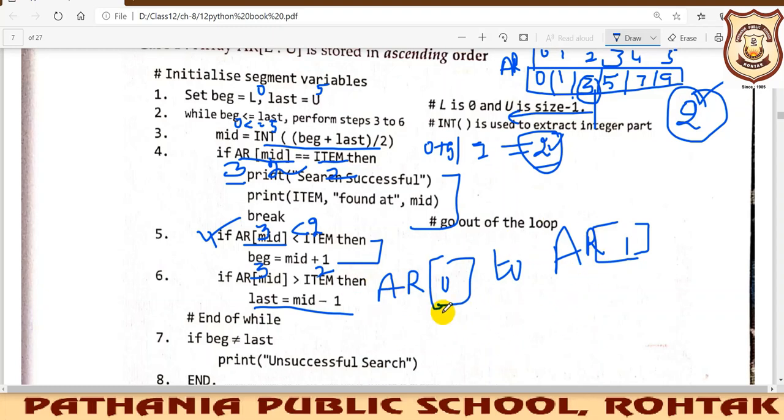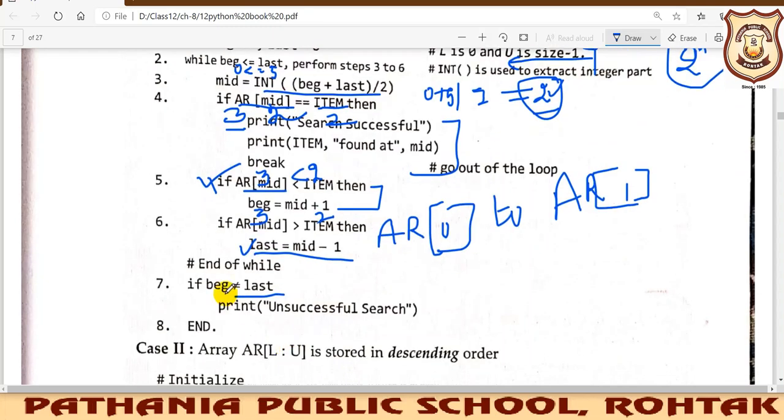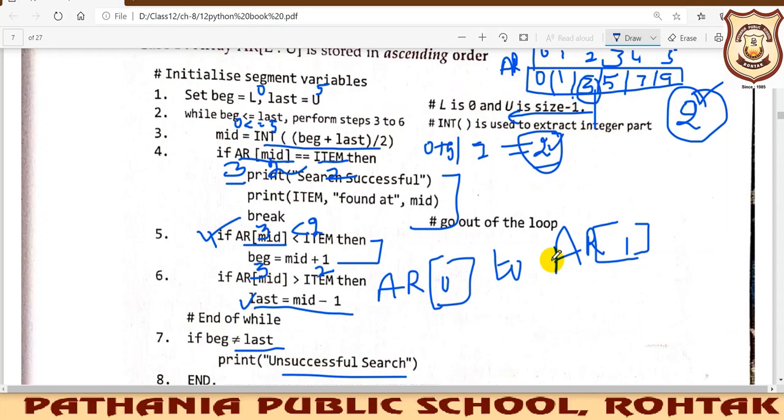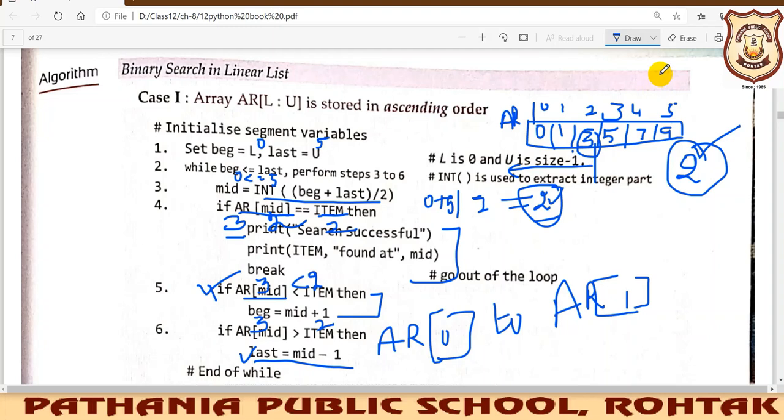I should keep on searching until the beginning is less than or equal to last, meaning until the starting point becomes equal to last. Here this time last is mid minus 1 and beginning is AR0. Until my beginning is not equal to last, meaning it is not successful, we will print that the search is unsuccessful, that we were not able to find the element inside the array.